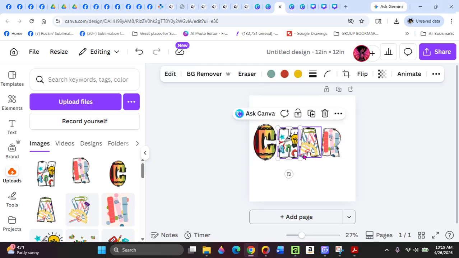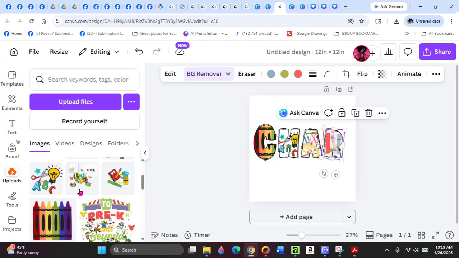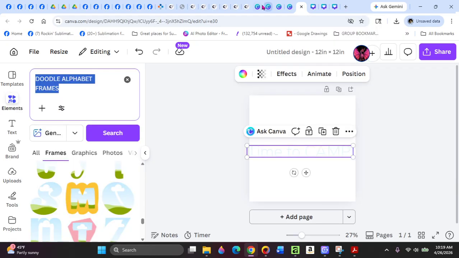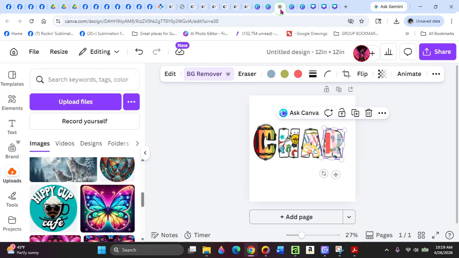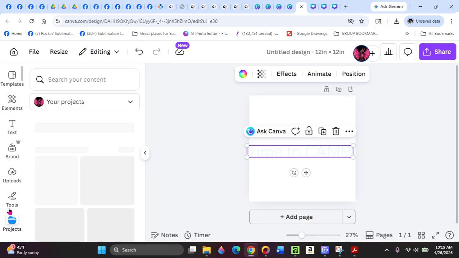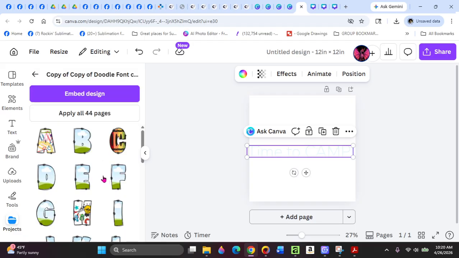So now I have the word that I just created with the doodle font, right? And all I did was drag and drop into each letter the picture that I wanted. Just keep in mind that it needs to be a PNG. So let's go back here if I can find it. And I may not be able to because I already downloaded. So let me go to my projects. And let's go to this. And let's click on